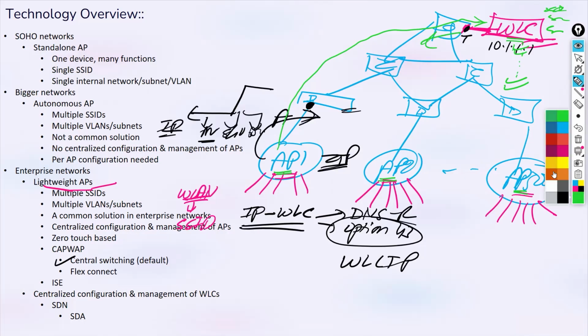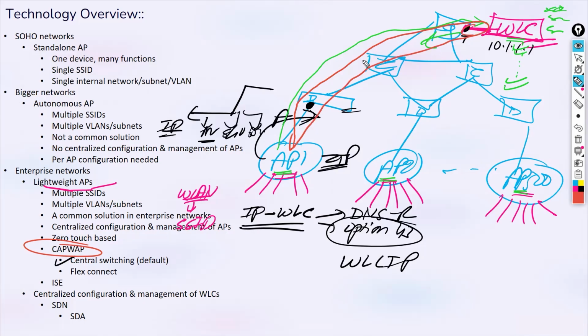And that happens how? Using which protocol? That is CAPWAP. So over your distribution system, for control and data, a protocol is used. An overlay kind of protocol, that is Control and Provisioning of Wireless Access Points. We'll talk a lot about this CAPWAP. So that's how this WLC manages and configures these APs. Now, talking about the flow of data, the traffic flow in the wireless network. Centralized for APs, common solution. This is good.